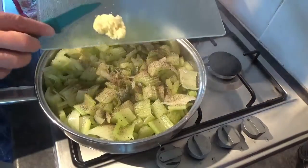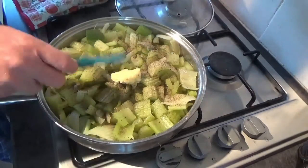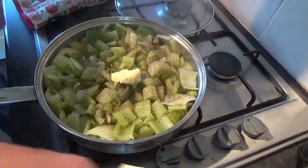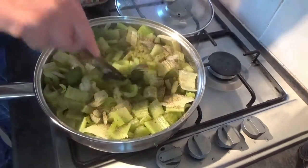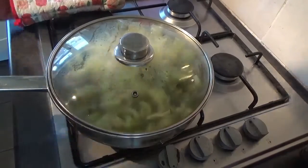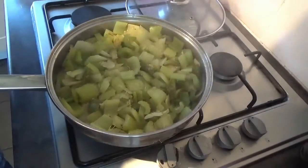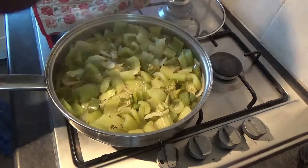And then into there with your garlic that you've sliced, chopped or mashed up like I have. Get that in, and then just give your garlic a couple of minutes to heat through. When your garlic's had a couple of minutes, off with the lid, and then it's in with a litre of